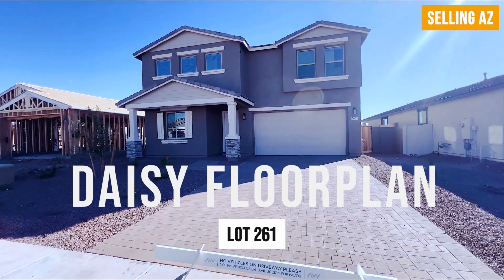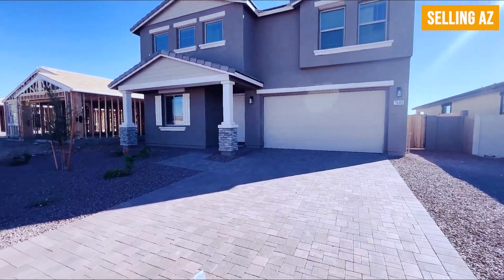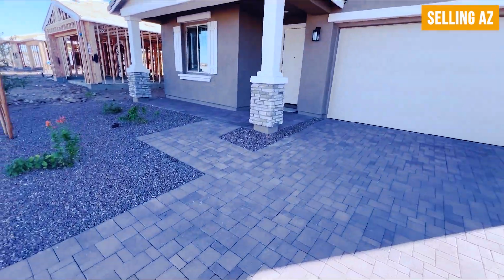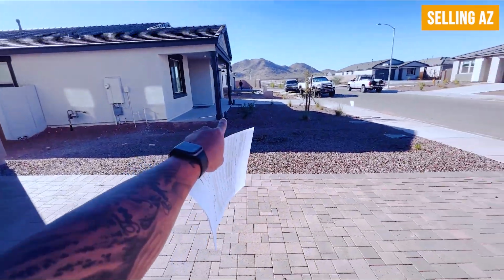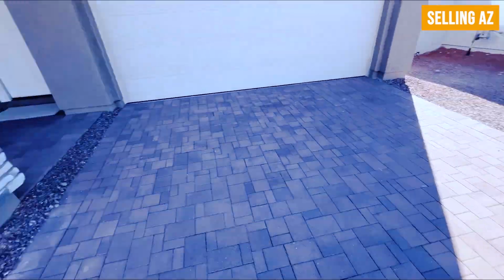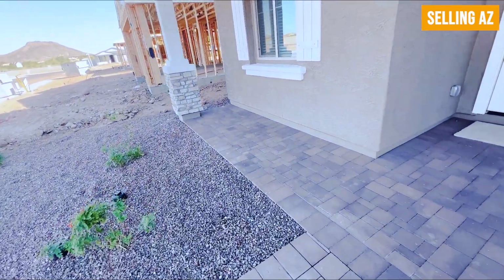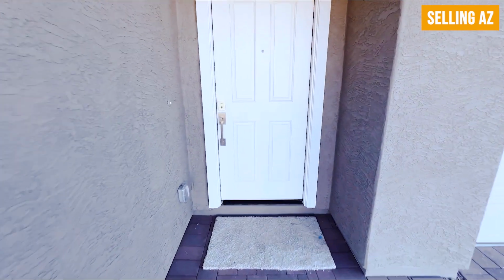Okay, really nice exterior look here. Love the stone characteristics that they have there. So walking up, as you can see, you have a paved driveway. Some of them are just your cement driveway, but this one is paved, so that is really nice. You have a nice front patio area right here, so you could put additional seating, okay? And as we walk inside,